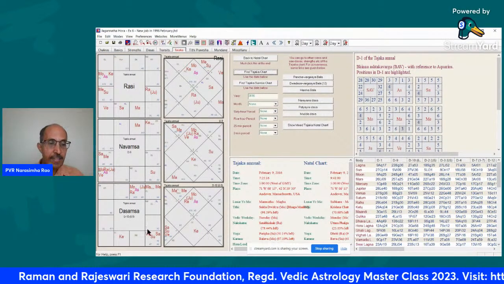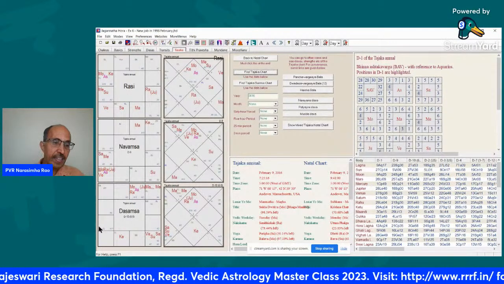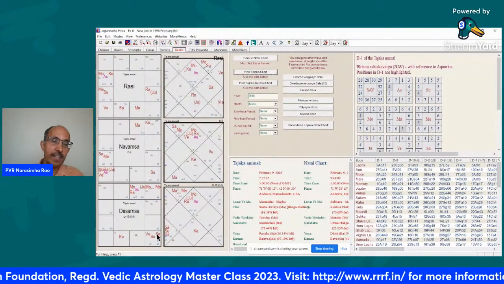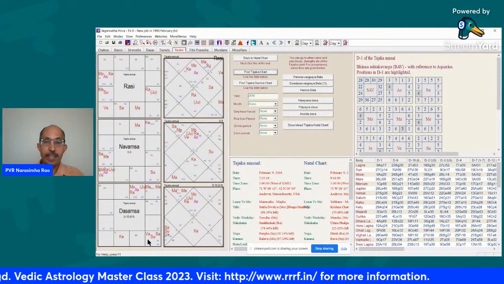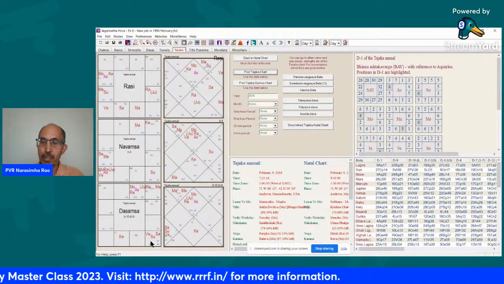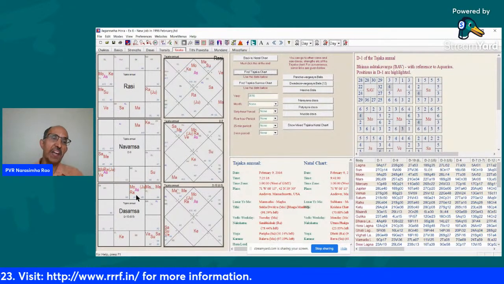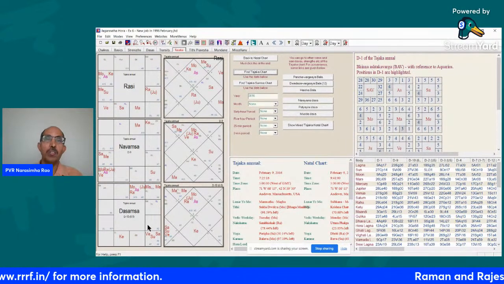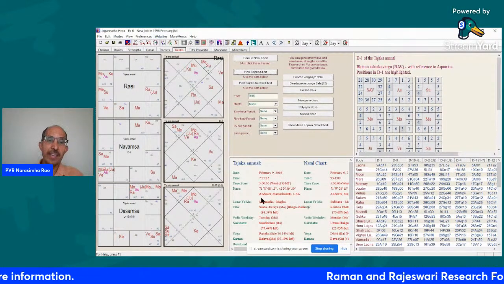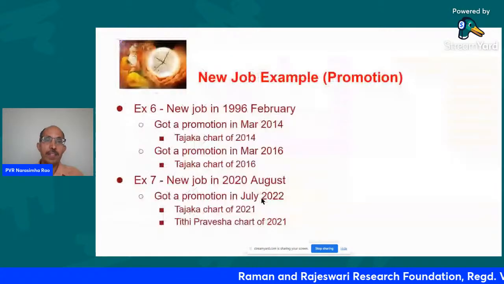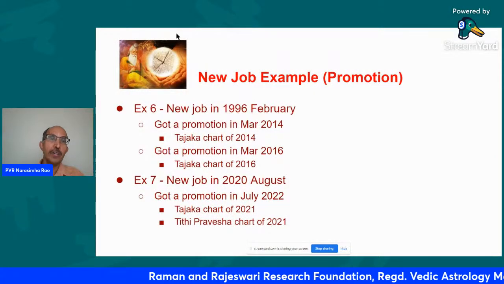The other thing is the Lagna Lord Venus and the ninth Lord and Yogakaraka Saturn are together in the fifth house of recognition and promotion. So there is a Raj Yoga between Lagna Lord and Yogakaraka in the fifth house of promotion. So it's not very surprising that he got promoted during the year.